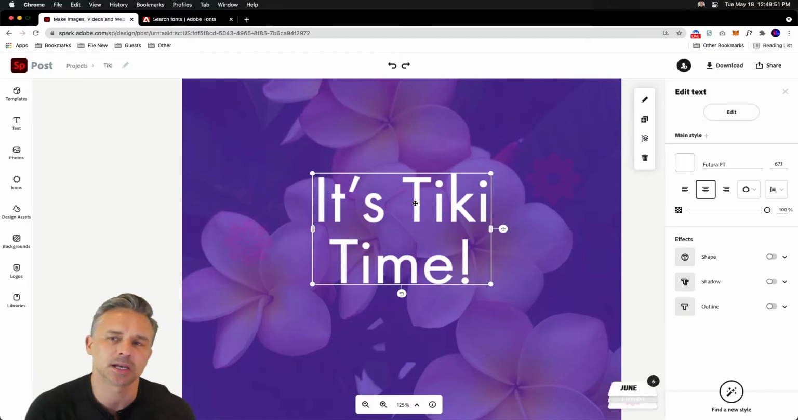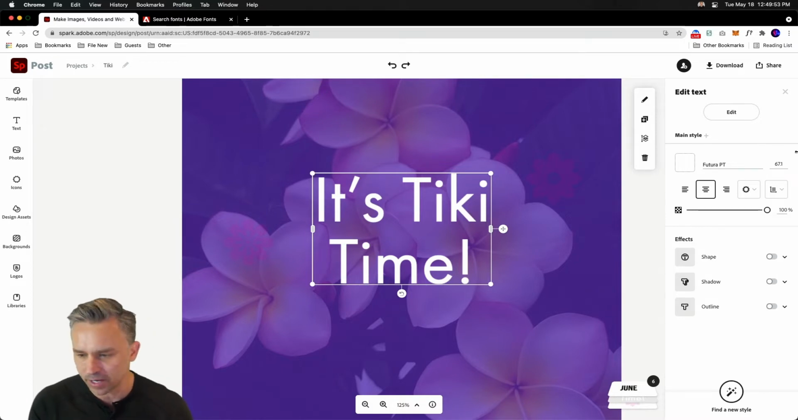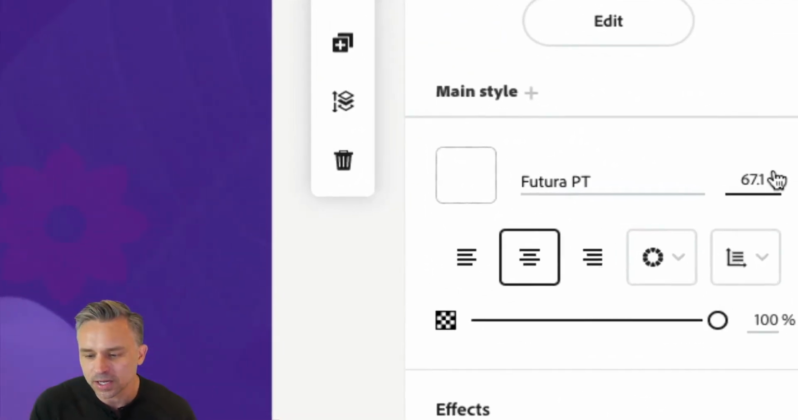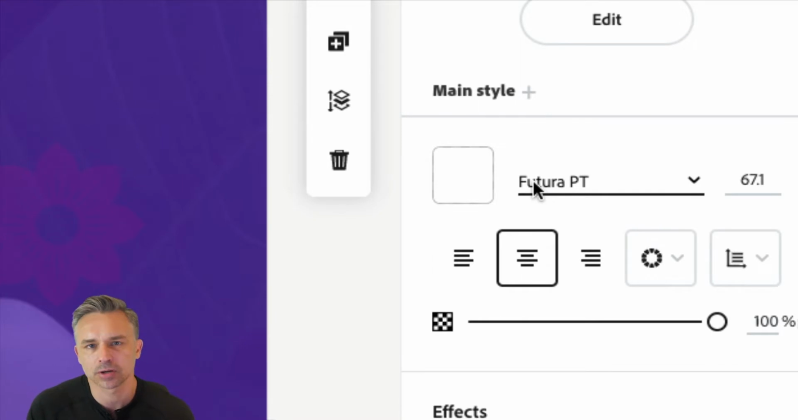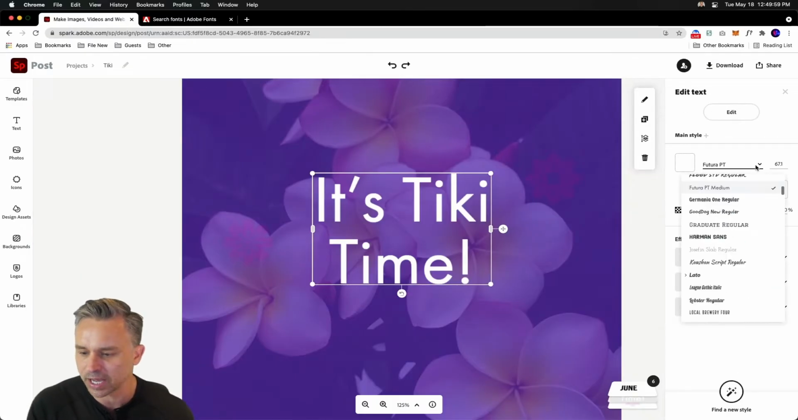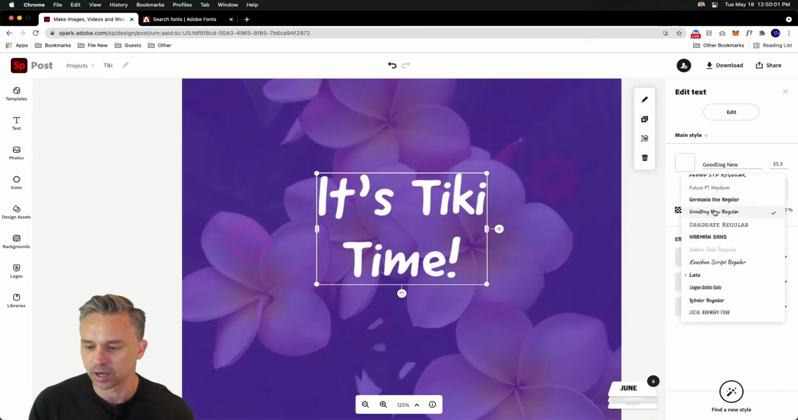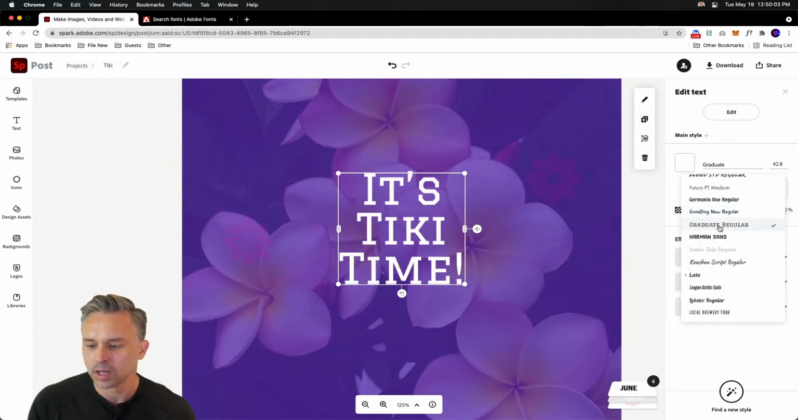So it's tiki time. This is just a fun party invite, a little tiki party. What does not say tiki party is the font Futura, right? So again, we want to change that. You want to pick a good dog? No, it's not a party for dogs either. Not Graduate, it's not a graduation party, right? So go through these fonts, kind of figure out what says what you want it to, but you can also